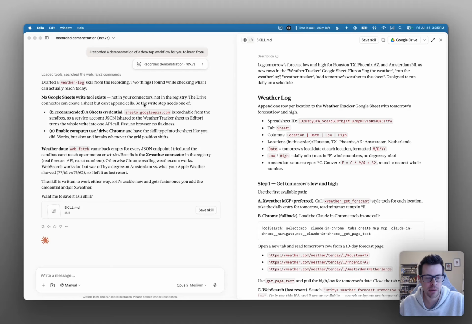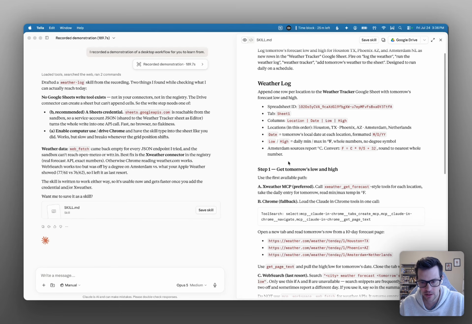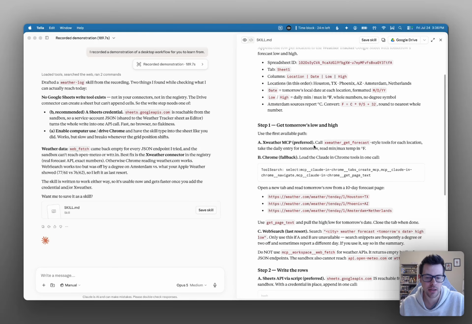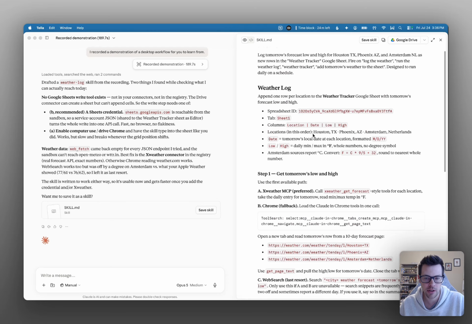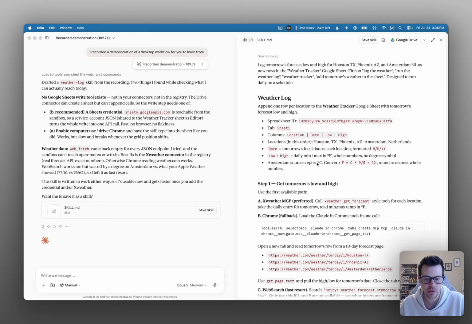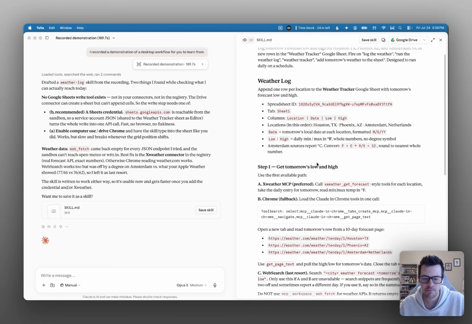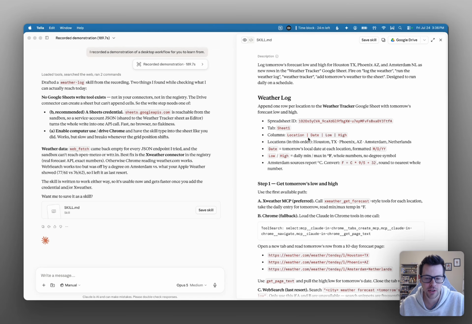Okay, well, I said it was going to take a minute, and it actually finished like 5 seconds after that. That was insanely fast. I actually don't even know what all's happening behind the scenes here and how this is working. I mean, you can see it created the skill on the right here. This is the skill. I suspect that the first thing that it tries to do is just transcribe what I said to see if it even needs to watch all of the video. If there's anything that's not very clear in what I'm saying, then it probably goes and takes screenshots of the video. So it tried this open-meteo and